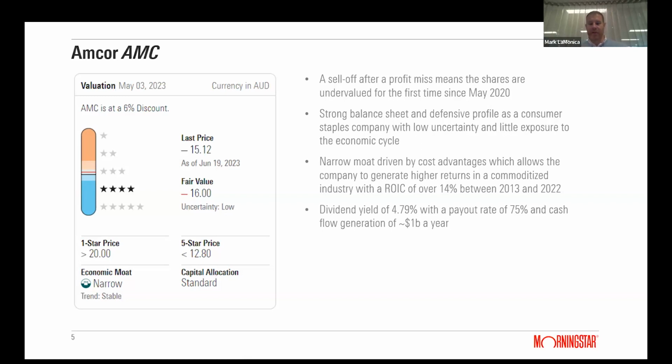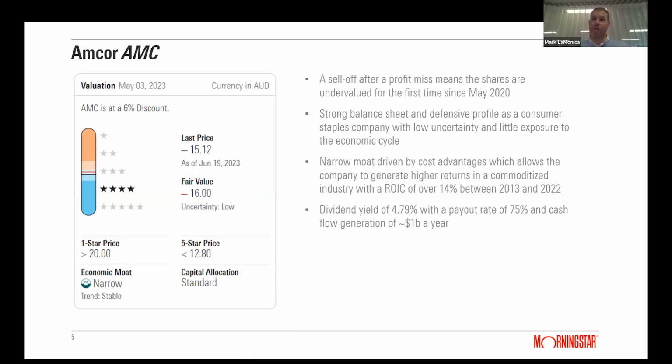And so if we divide companies up between cyclical, companies whose fortunes are very much based on what's happening in the global economy, and then non-cyclical, so companies that are always going to be needed by consumers. So think healthcare, think food, all the things you need to sustain your life that you're going to keep buying no matter what. Those are the companies that AMC sells to, right? So given the fact that those are their customers means that there's low uncertainty, there's little exposure to the economic cycle. It's a consumer staple company.